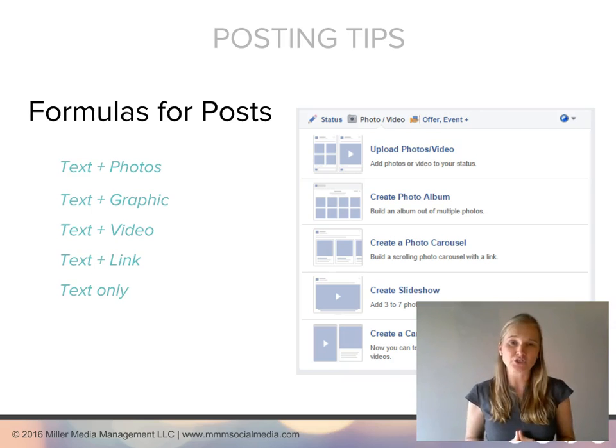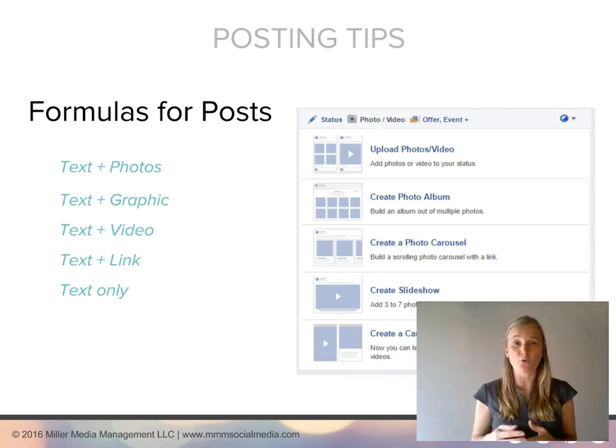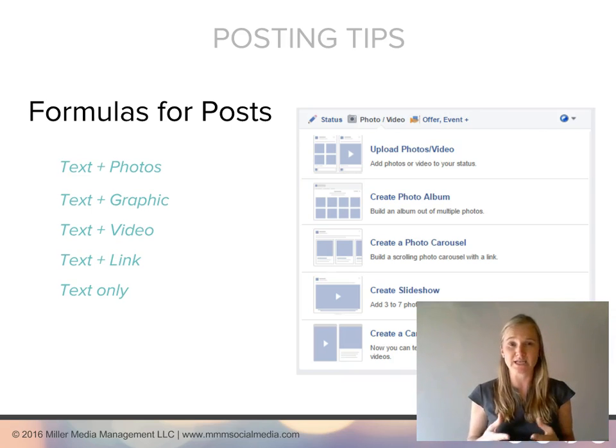Media you might choose to add includes an image. This could be a photograph or a graphic you've created using Canva or Photoshop. If you are choosing to post a graphic, I have one tip for you here. Make sure that the text on that image takes up less than 20% of the image itself. This is because Facebook will limit the amount of people who see your post if the picture has too much